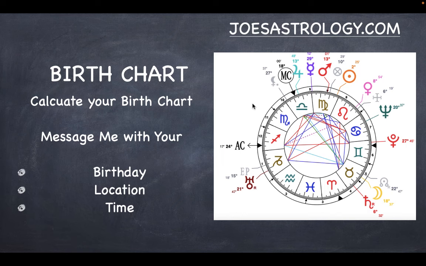So here we're going to look at the chart and some of the things we just described. This is somebody's actual birth chart. Let's take a look at the components. We see here the signs. We see the first house. The AC is going to be the first house. And we see that Sagittarius is on the first house, Capricorn second, Aquarius third, Pisces fourth, and around they go.